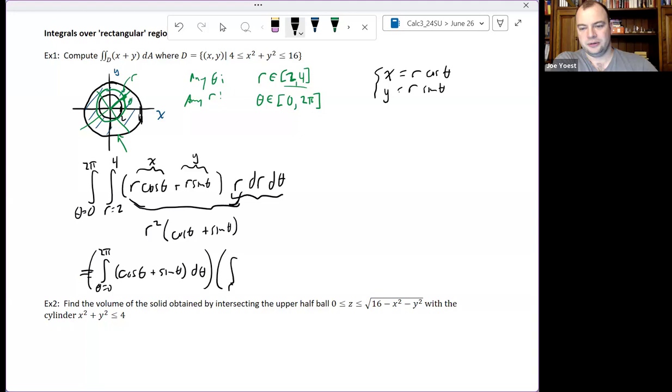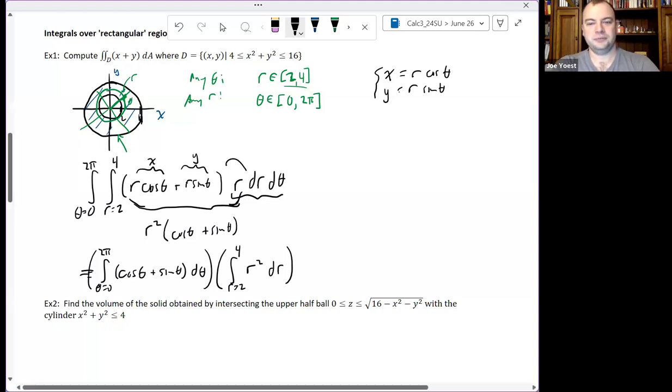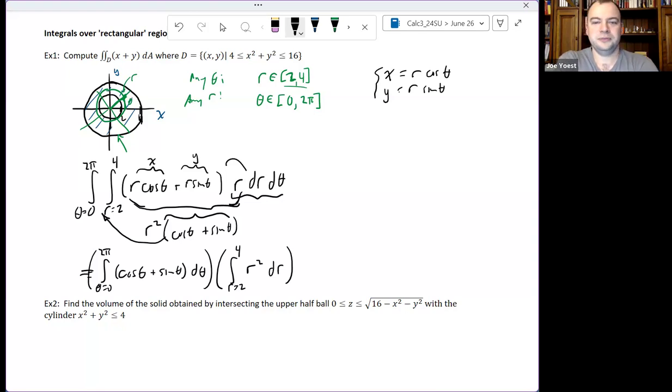And multiply by the integral r equals 2 to 4 of the r bit. Now, very important: if we had something like, for some reason, cosine of r times theta, we wouldn't be able to do this, right? It's only because we can write that whole integrand, including, of course, this little r here, as a function of r times a function of theta. And then essentially we're arguing that cos theta plus sine theta is a constant in r, so it comes out in front of the r integral,